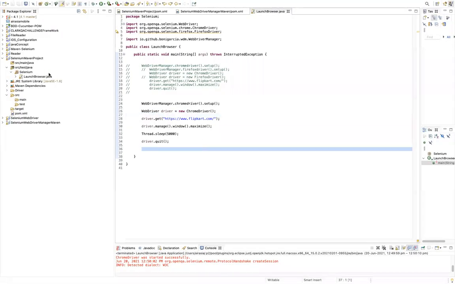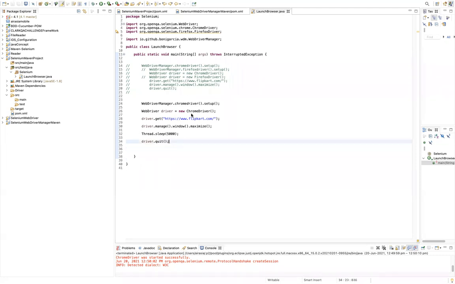So this time the driver is not required at all. It is very helpful in your real-life projects. In the future, you don't have to require the driver at all, so you don't have to bother about the version of the driver. So yeah, that's all about today, because I have shown you there are multiple ways of launching this browser.